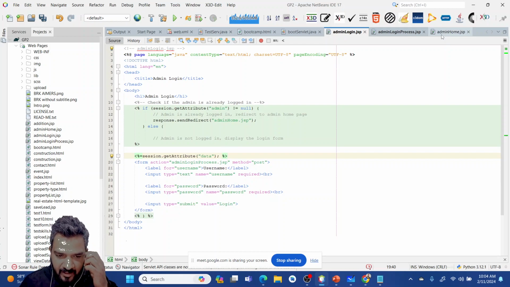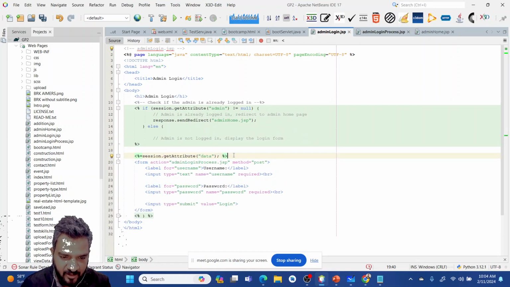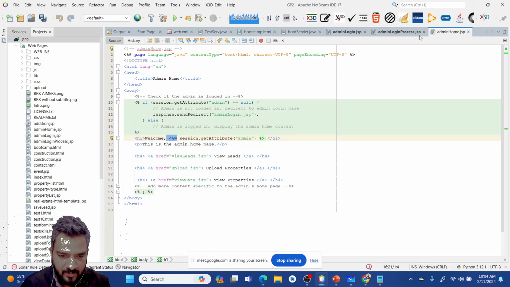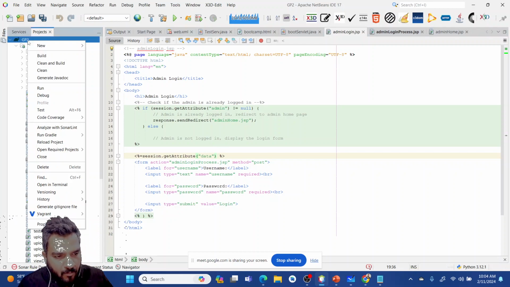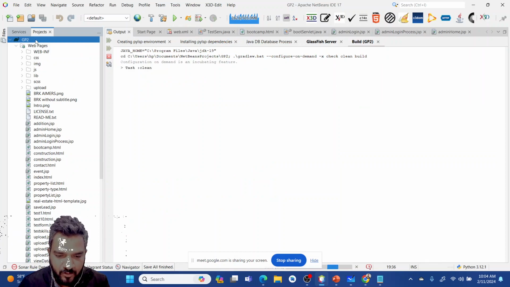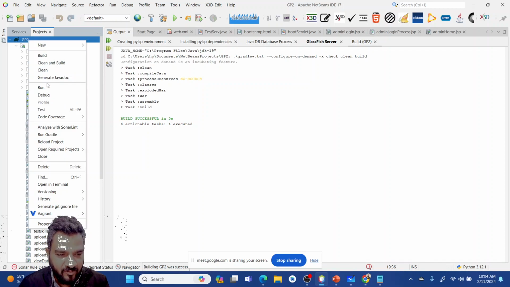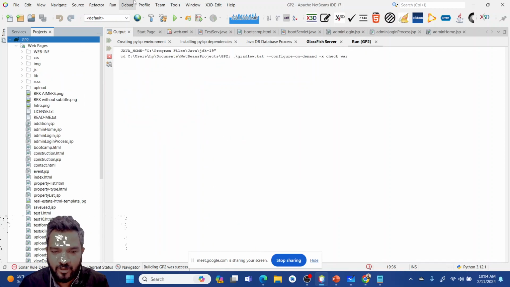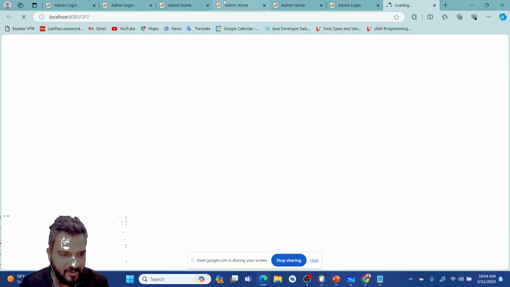So now we are directly printing this data to that only, in the same way that we are printing the admin page over here. Session dot get attribute data, and we have done this part also. This will show you a few null values on that page. While coding we should focus on removing that also. This will not be the perfect example, but this is one example that we will do.